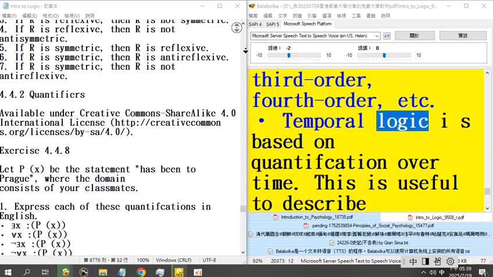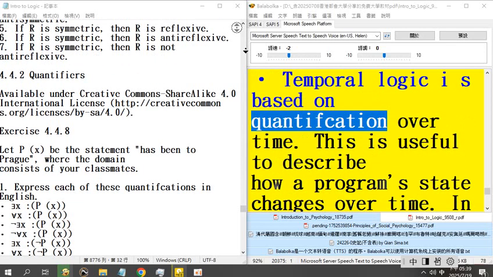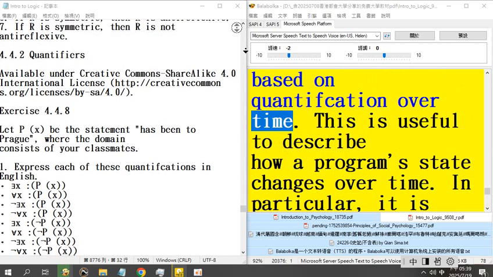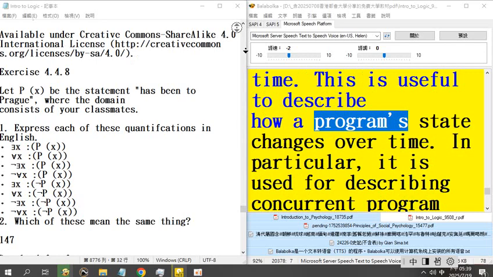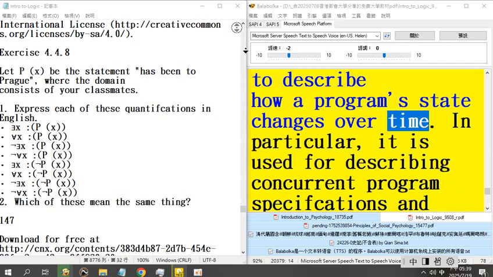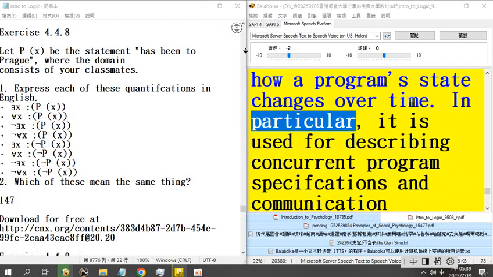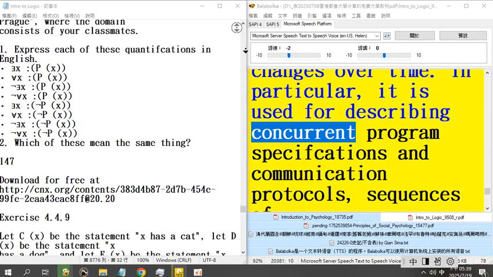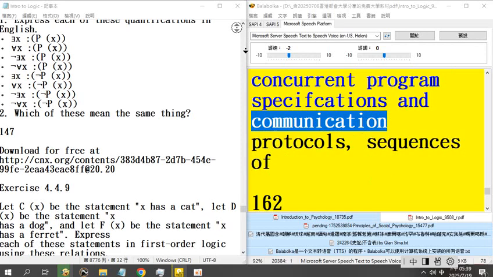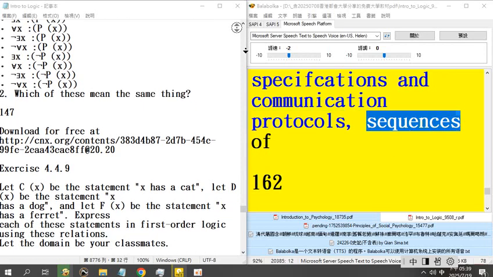Temporal logic is based on quantification over time. This is useful to describe how a program's state changes over time. In particular, it is used for describing concurrent program specifications and communication protocols, sequences of